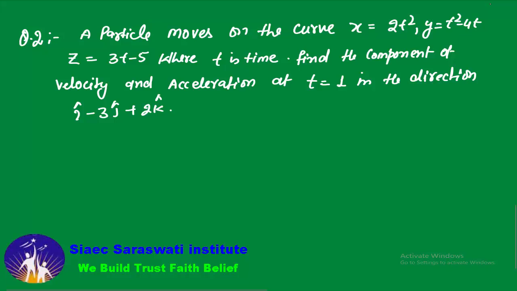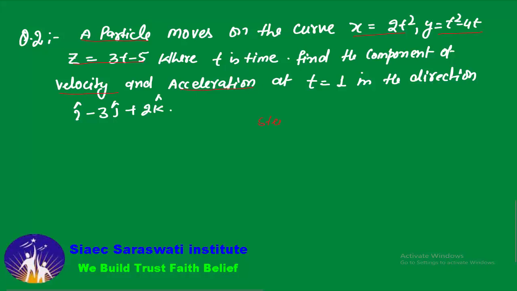Okay, so first of all हमें क्या चीज़ इसमें फाइंड आउट करनी होती है और किस सीक्वेंस में इस प्रॉब्लम को सॉल्व आउट करना होता है। फर्स्ट ऑफ ऑल जब कभी भी हमें इस टाइप की प्रॉब्लम दे रखी है तो इस प्रॉब्लम को हम पढ़ेंगे कि एक पार्टिकल है और उस पार्टिकल की कुछ पोजीशन कोऑर्डिनेट्स वैल्यू दे रखी हैं। सबसे पहले हम पोजीशन वेक्टर बनाएंगे। ओके, पोजीशन वेक्टर के बनाने के बाद में हमारे पास में क्या है कि हमें कंपोनेंट फाइंड आउट करना है। वेलोसिटी और एक्सेलरेशन को फाइंड आउट करेंगे, देन आफ्टर उसके कंपोनेंट को फाइंड आउट करेंगे इन द डायरेक्शन ऑफ दिस वन। To solve this particular problem, we have some steps.